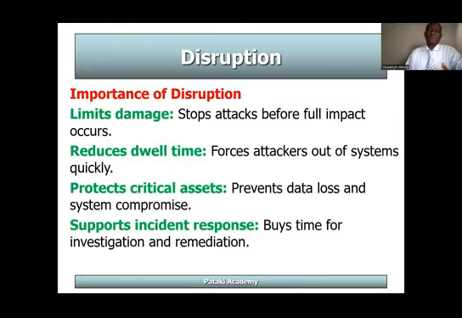Importance of disruption. What are the importance? Number one is to limit damage: you stop the attack before its full impact occurs. Second is to reduce dwell time: force the attacker out of the system quickly. Protect critical assets: prevent data loss and system compromise. Support incident response, that is, buying time for investigation and